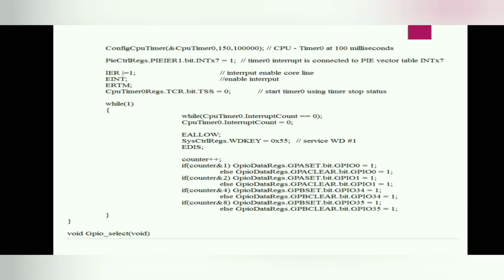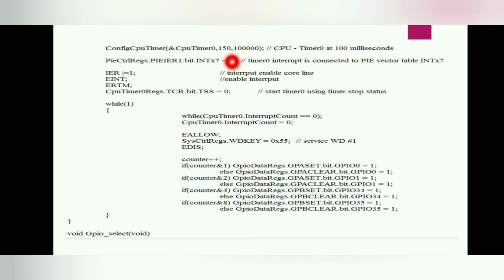After that, as we know, timer 0 interrupt is connected to PIE vector table interrupt x7. So this is the code, because we just enable the PIEIER1 bit, that register will be 1.